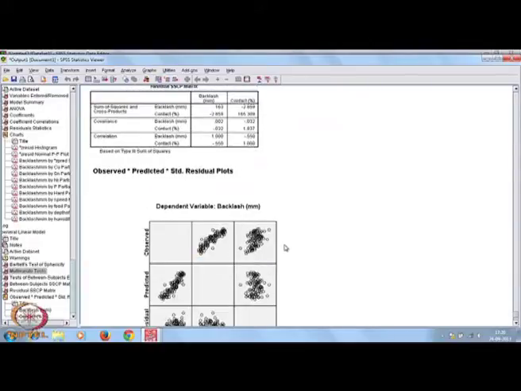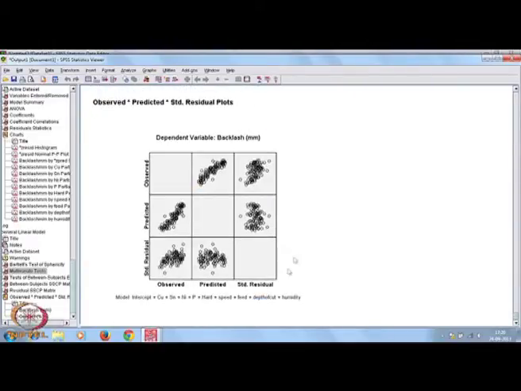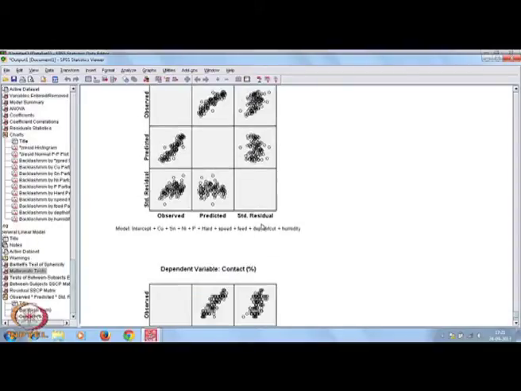Okay. Now, see the dependent variable vis-a-vis predicted. Ultimately, what we found is that, observed versus predicted, there is a relationship. But residuals versus observed and residuals versus predicted should be random. That is what is happening here, it is random.